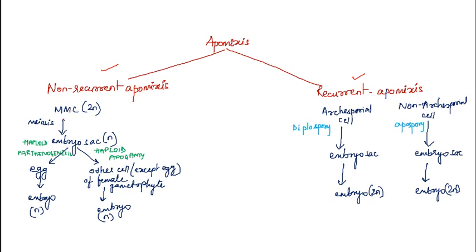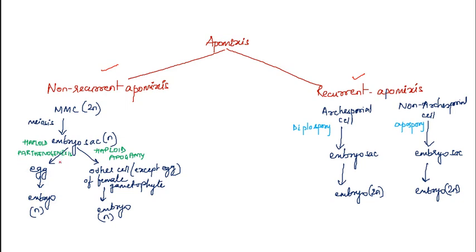Now there is a difference between embryo sac and embryo. Embryo forms after fertilization. Embryo will form into seed, and embryo sac is the female gametophyte. Clear? Now, this megaspore mother cell will form the embryo sac. Meiosis has occurred, the embryo sac is haploid, and there is no fusion. The egg forms into embryo. When the embryo arises from the egg without fertilization, it is known as haploid parthenogenesis.